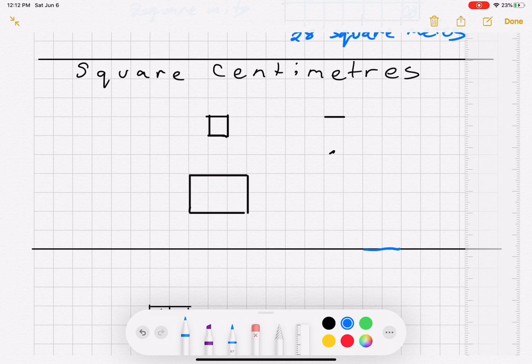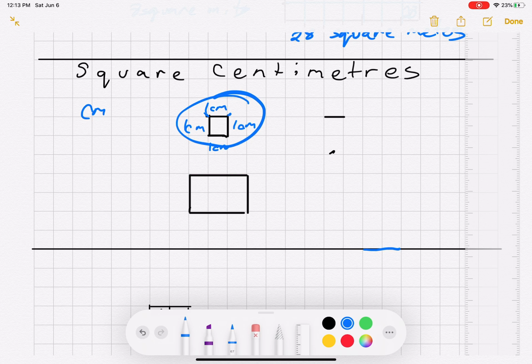I'm going to start with the square centimeter because it is the most common. Now, I know I already told you that the lines on my grid paper are not exactly 1 centimeter, but we are going to pretend that they are. Okay, so from this corner to this corner, this is going to be 1 centimeter, this is 1 centimeter, this is 1 centimeter, and this is 1 centimeter. So this is a centimeter